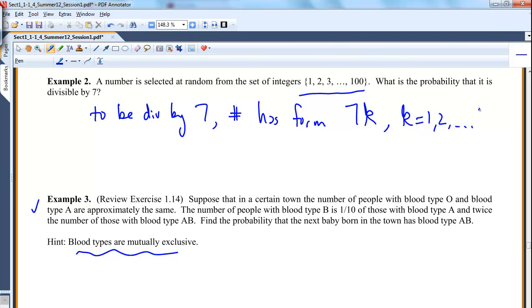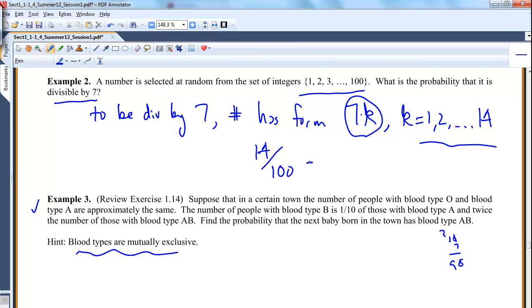I want to say is 14, right? 14 times 7, I know this is kind of lame, is 98. So k could be 1 through 14, right? Because 7, 14, 21, as long as it takes on the form 7 times k, and k goes from 1 to 14, it will be divisible by 7. So what is the probability that it is divisible by 7? It looks like 14 numbers out of 100 will be divisible by 7. Again, I'm happy if you leave that, or you can say 7 out of 50.